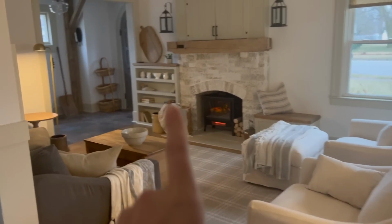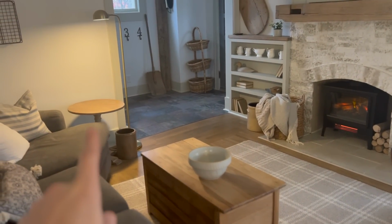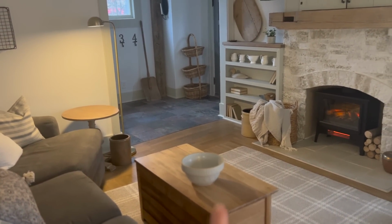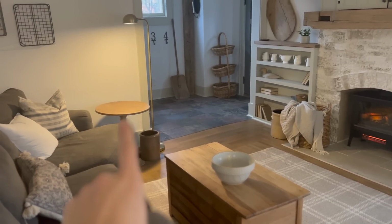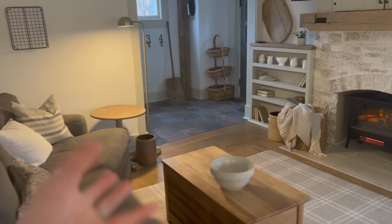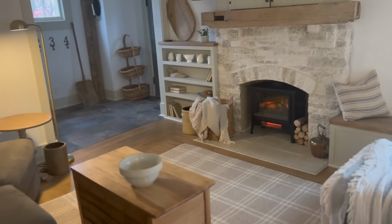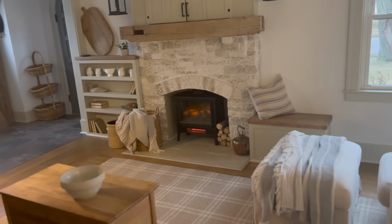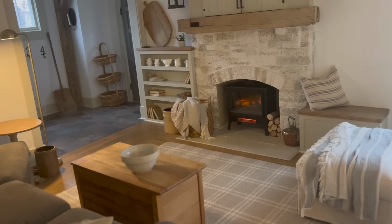I have another little guy over here, and unfortunately I would love plants here and here. You can see I'm still kind of decorating, but my little 1-year-old, I had a plant on this table and he crawled over there and grabbed a whole clump of dirt and was sprinkling it in the living room. So sometimes we gotta go for faux around here, but real plants, oh my goodness, you guys,